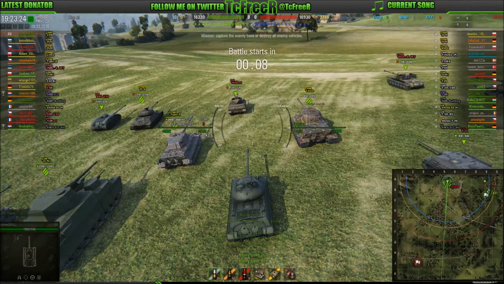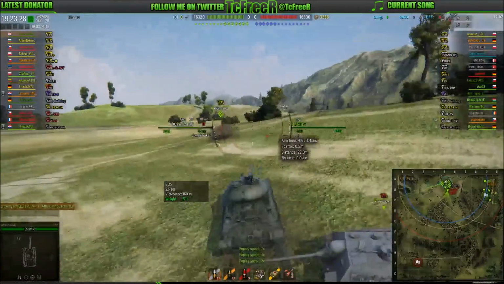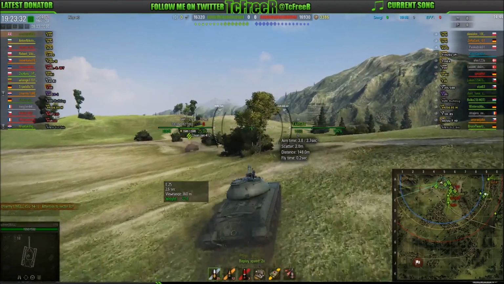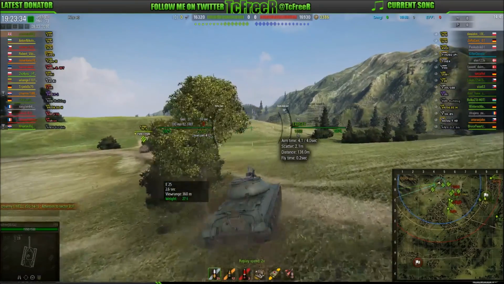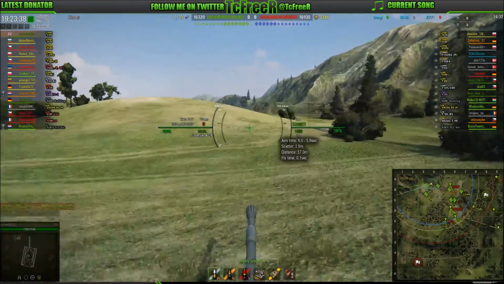110 only has 5 degrees of gun depression. Having a quick look around there, so off we go. Let's slow the game down, just to double speed. We're on our way now, heading over to the standard heavy tank area, but what I'm going to do is push a little bit further